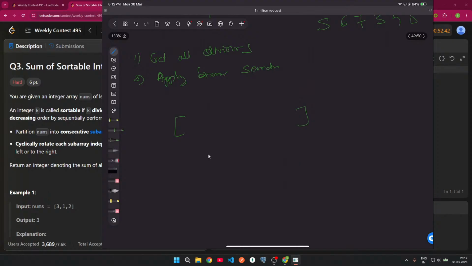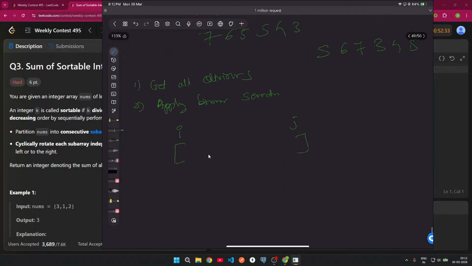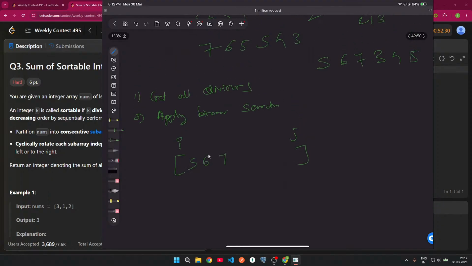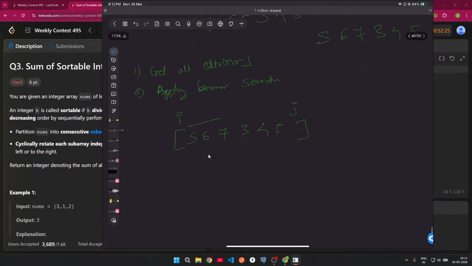How can we come to know? So, this is the ith index, this is the jth index. How will we come to know this array is sortable? For now, let us take an example of this same 5, 6, 7, 3, 4, 5. 5, 6, 7 is increasing, and 3, 4, 5 is also increasing. Only one gap, good. Now increasing, increasing, but whenever there is a gap, that next element should be